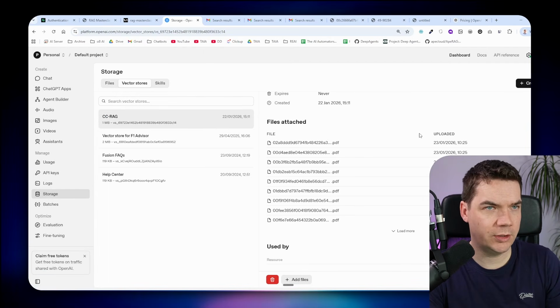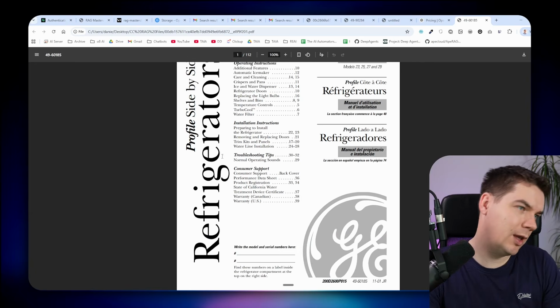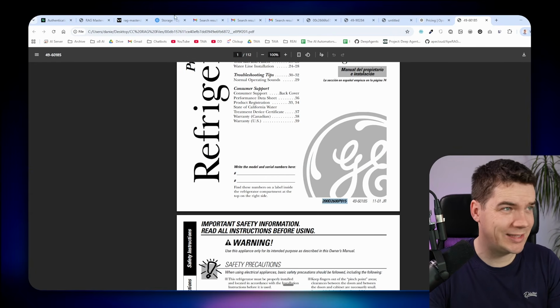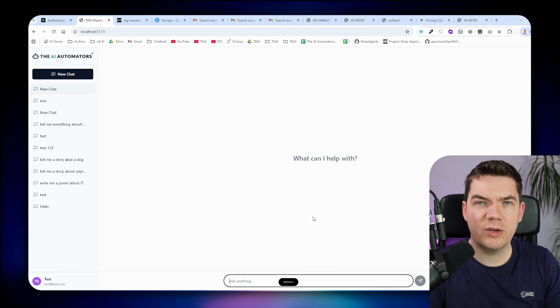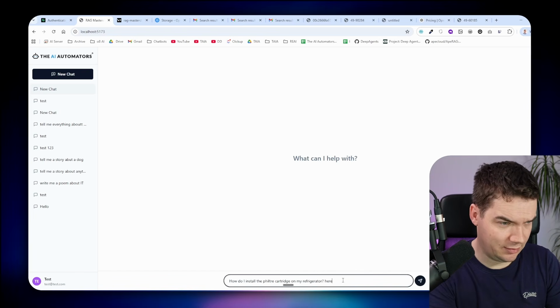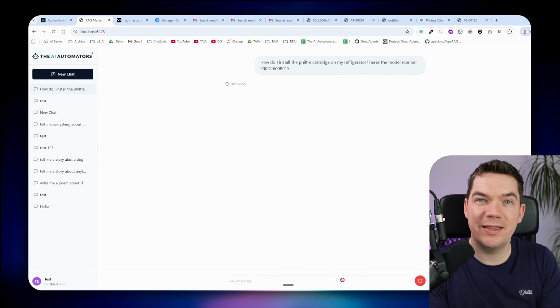Okay, so they've loaded up. And then let's open up one of them. So this is a refrigerator. Here's the product code. So let's now ask our question. How do I install the filter cartridge on my refrigerator? And I'm going to say, here's the model number. And this is where these managed RAG